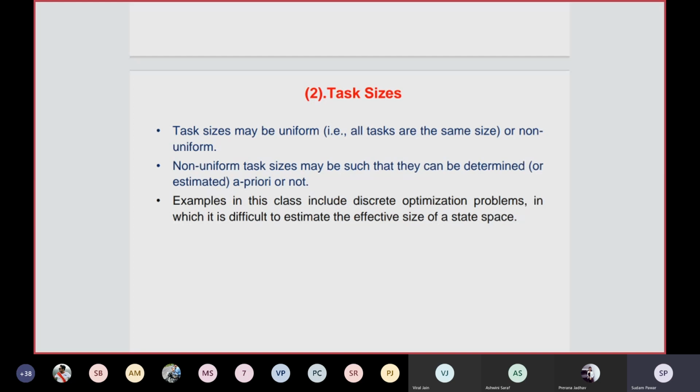Examples in this class include the discrete optimization problem, in which it is difficult to estimate the effective size of a state space. This is the problem in the discrete optimization problem, where it becomes very difficult to estimate the effective size of a state space. If you see,